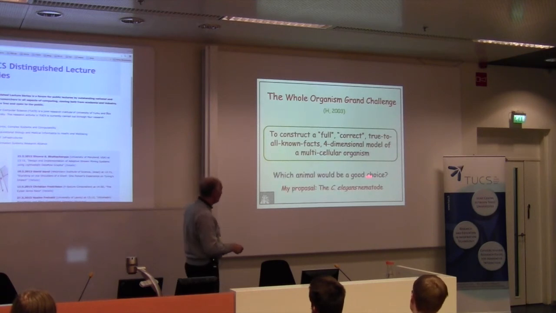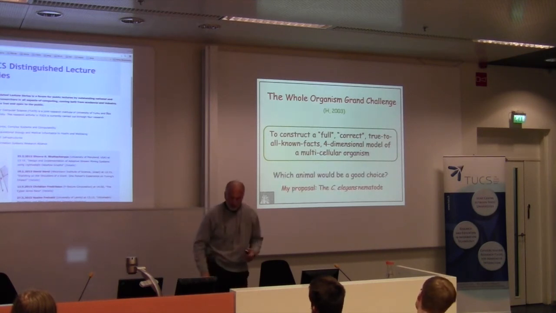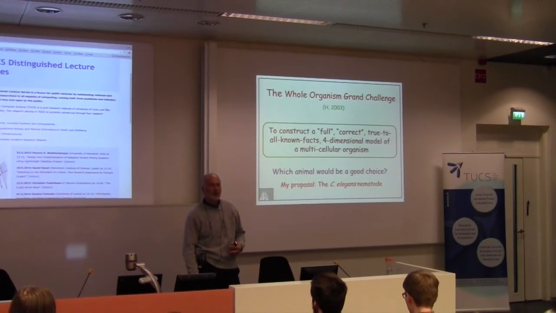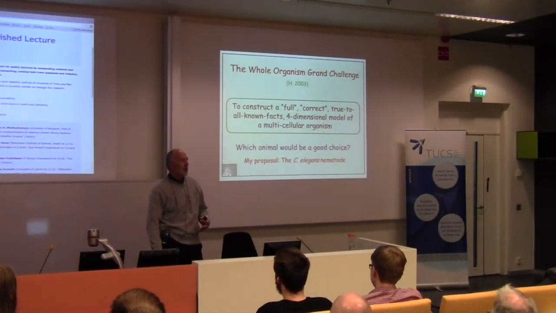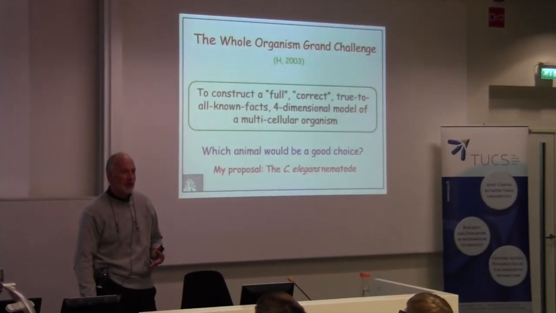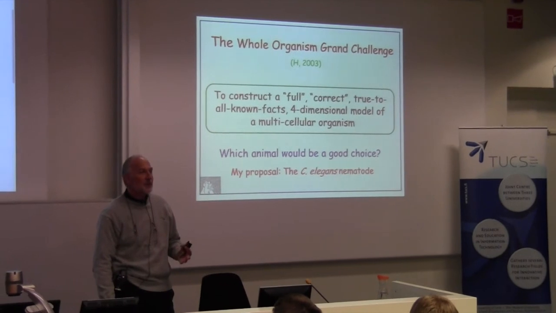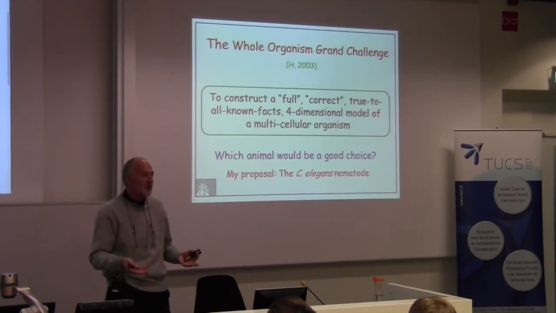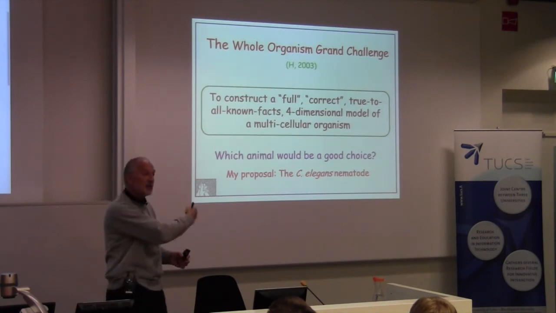And which particular animal would be a good choice? I like to say here that an elephant is great, but it's not a very good idea, not merely because an elephant is too large, but because an elephant is large in a boring way. So you can find much smaller creatures which have things that elephants have and things that human beings have on a much smaller scale, such as the C. elegans,